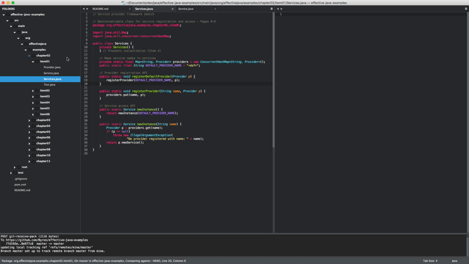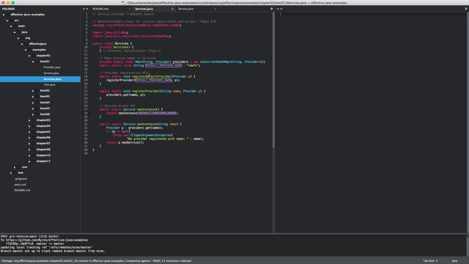In Rust, you can obviously do the same thing, but you are free to structure it however you like. So that's one major difference I see in the package system or the module system that you have here. So I'm just looking for a static constructor here. No, not really, but we will just show this off, maybe even here. So services, new instance. Okay, here we have a static constructor. So if you have new instance, you get a default provider,